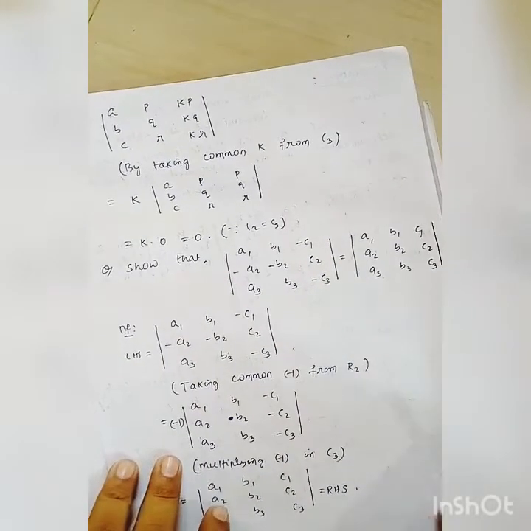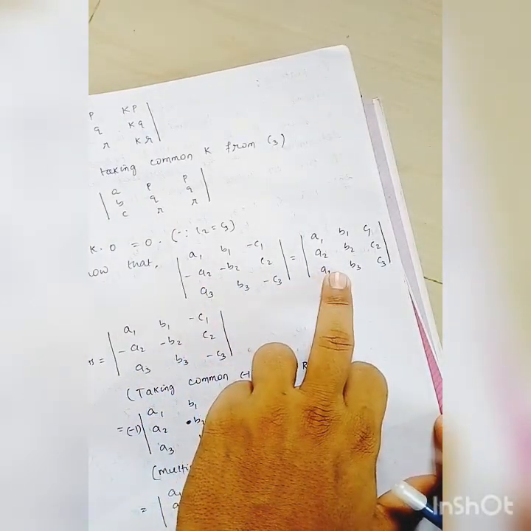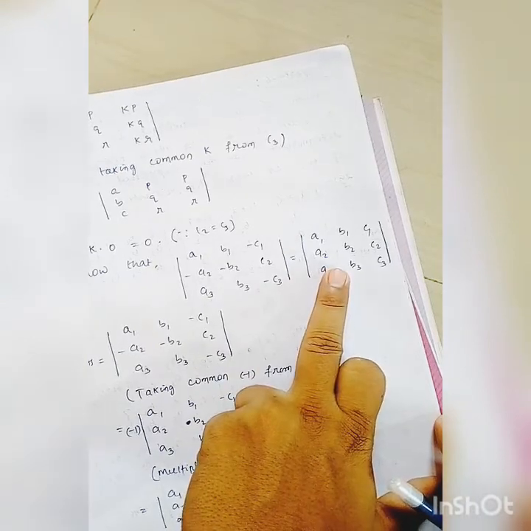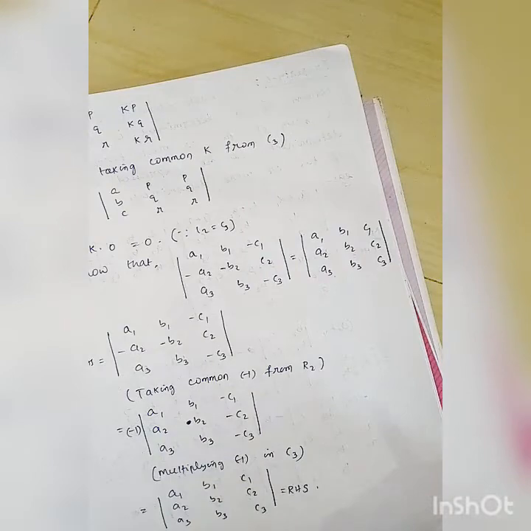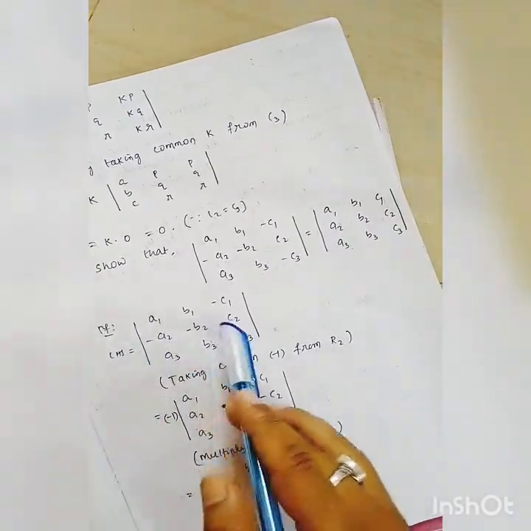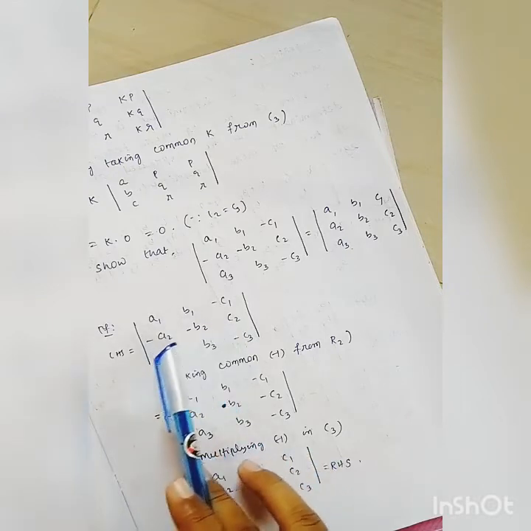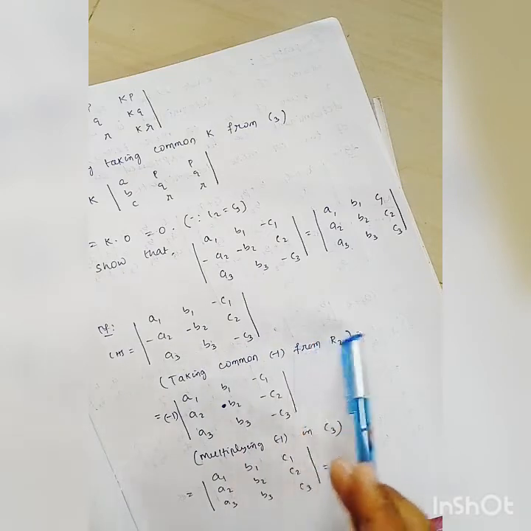Another question: show that the determinant of this equals the determinant of this. That is, the value of this determinant and this determinant are identical. We can prove it without expanding. Suppose we start from the LHS. Now taking common minus 1 from row 2,